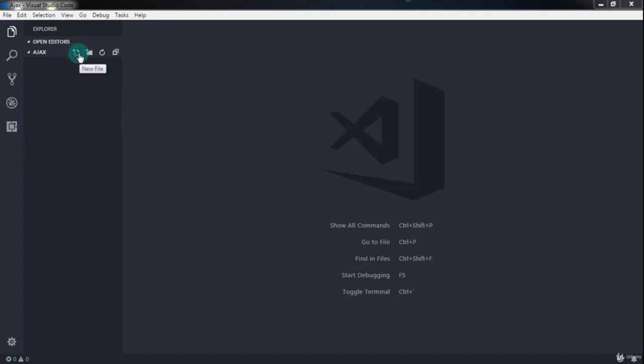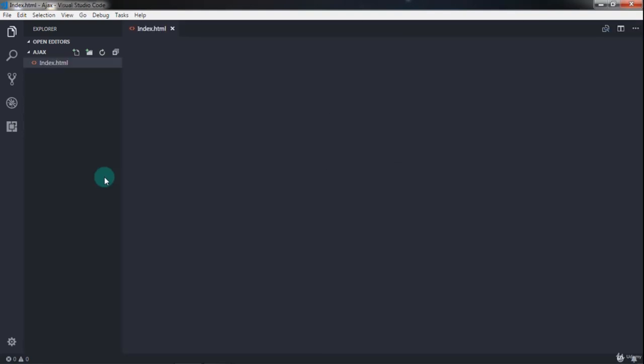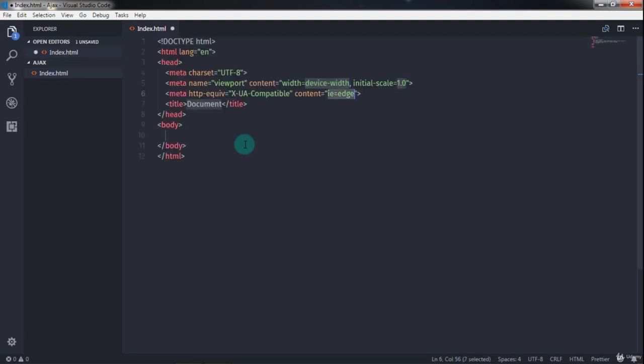So I will just go here and create a simple index.html file. In this file, I will just create a simple HTML5 snippet and just change the title to Ajax. Right? Just after that, in the body section, I will create a division tag. So I will say div and specify class container. Right? And in this division tag, I will create an h2 heading tag and specify text using